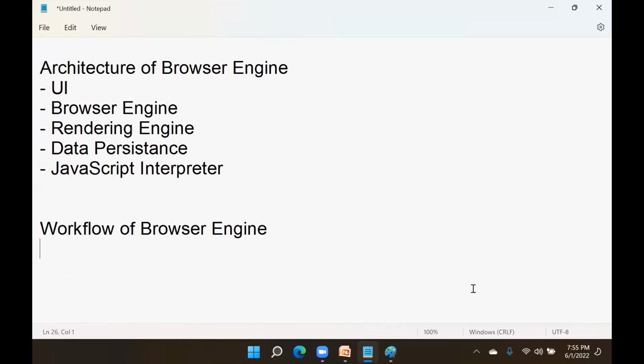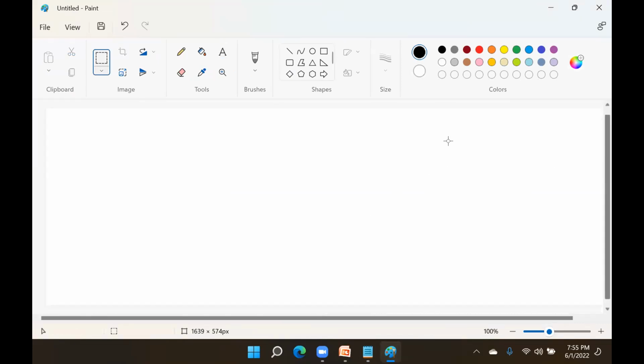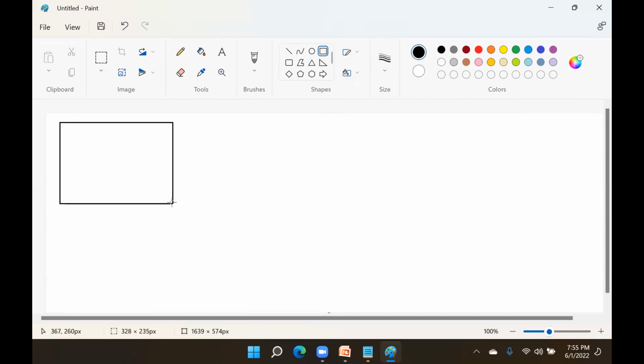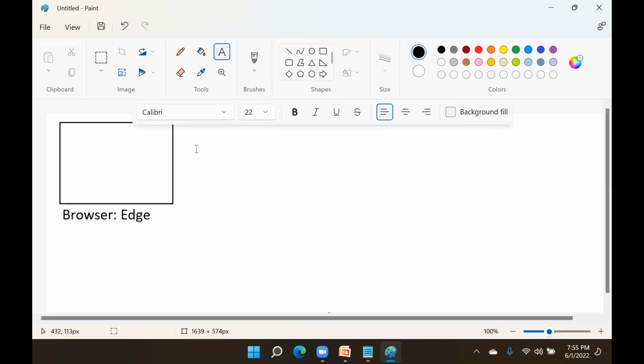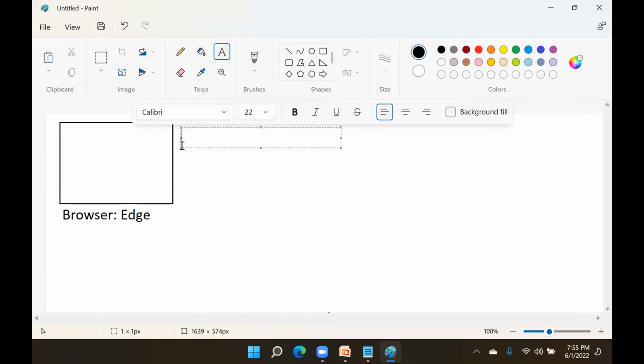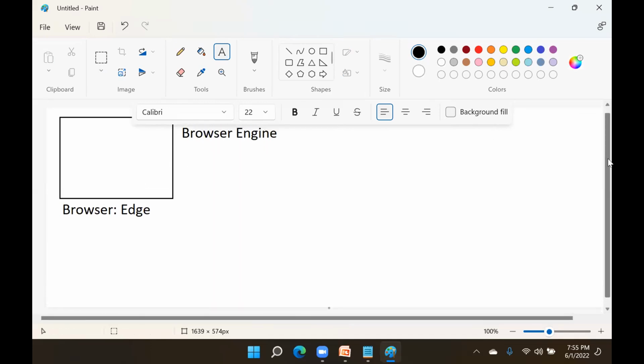What is the basic workflow of the browser engine? Let's see. This is a very important point to understand. Let's take one diagram here to show how the browser engine is going to work. Suppose we have a browser. Let's make this a browser. It is any browser, like Edge, Chrome, or any other. And usually every browser has a browser engine. Now what happens is you are designing